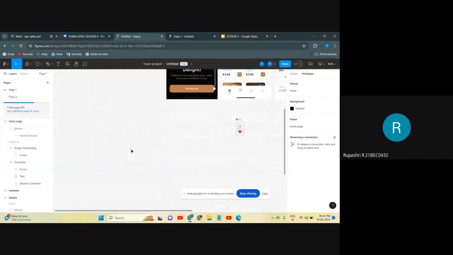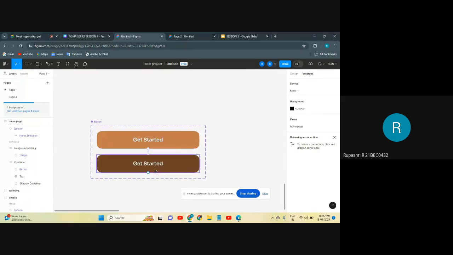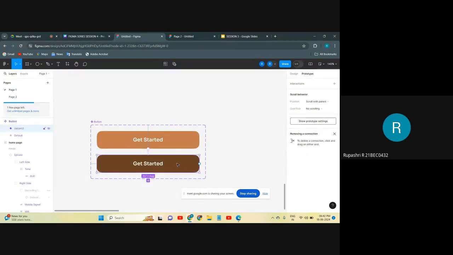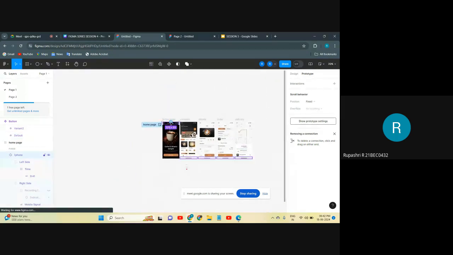dark. So for that, here you can see I have taken that button. I have created a variant of it, and I have created an interaction between both through prototype. So you can see while hovering, it should change to variant 2. This is the variant 2, and this is the default one. Now let's check the